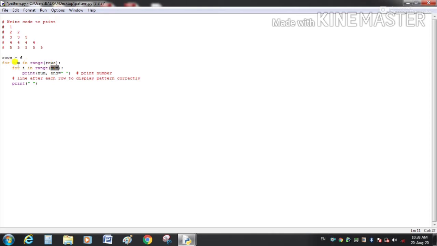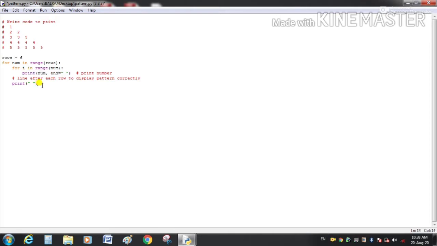For the first time this was 0 and this will also be 0. So this inner loop will not execute. We will not get any output here.